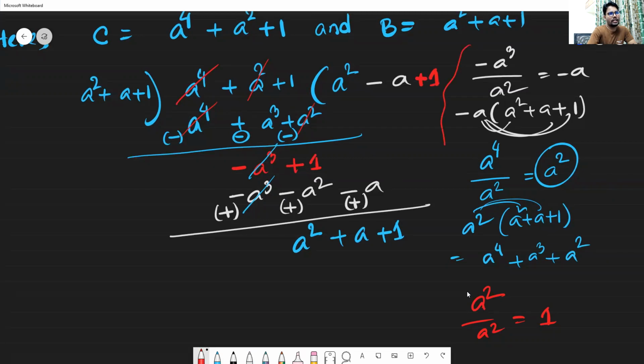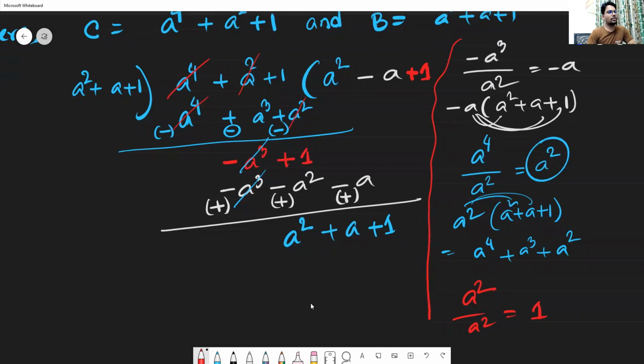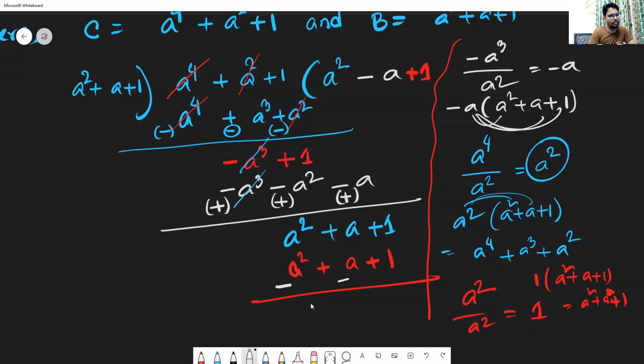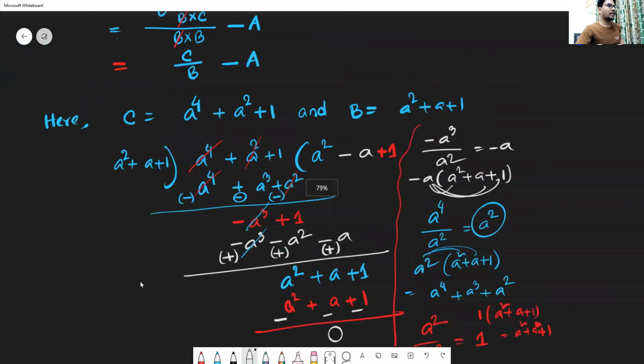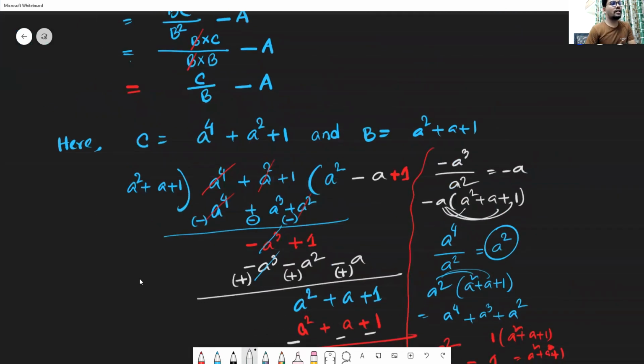This is the rough work. I think if you are expert in calculation, no need to do this. So here is the rough work. Now this is 1. So now 1 multiply with the divisor a square plus a plus 1. After doing the multiply, you will get here a square plus a plus 1. Now do the subtraction here. This is minus, this is minus, this is minus. After all, 0. So if we divide c by b, we get here the result a square minus a plus